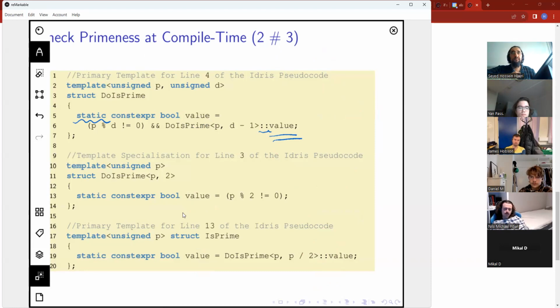Right? Now, here is a question for Jan. Why do we want to make this static? So it doesn't change at runtime?